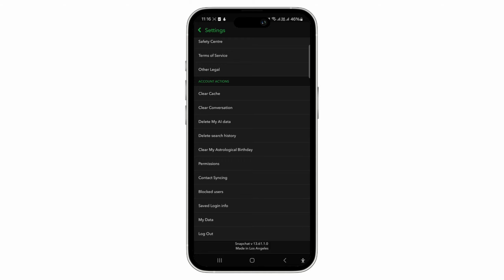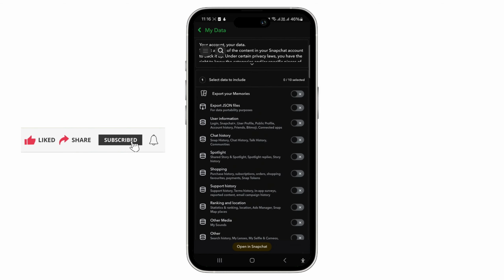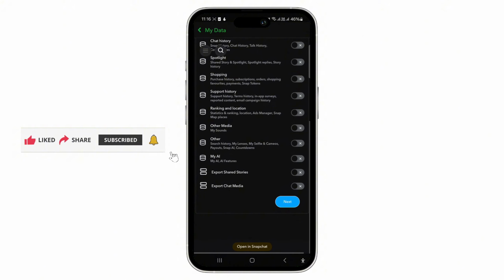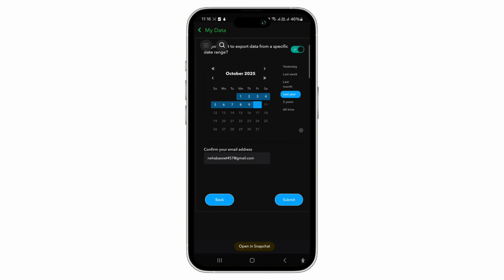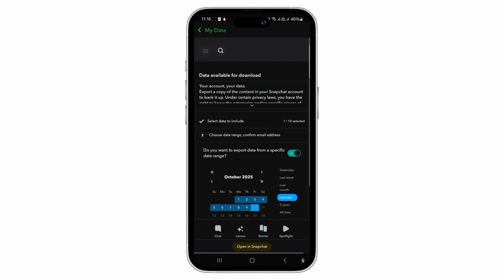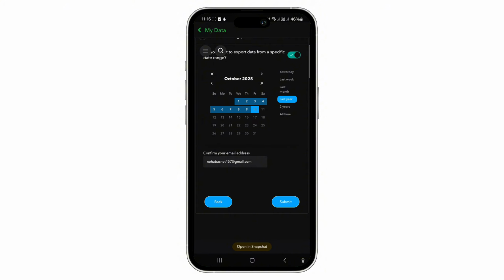Scroll all the way down, and there you will see the option of My Data that is in the bottom of the screen between saved login info and logout. Tap on that. Now select the data that you want to download and toggle the switches. And then scroll down and tap on Next. Again, scroll down. Here you need to choose the date range and confirm the email address, and then tap on